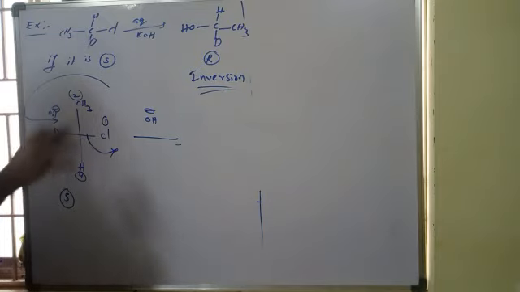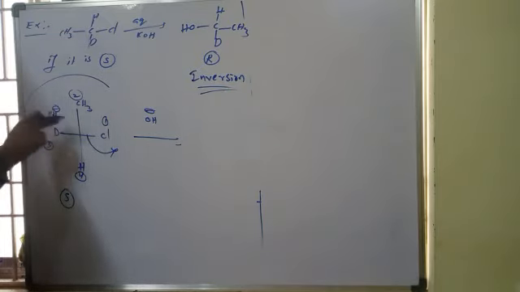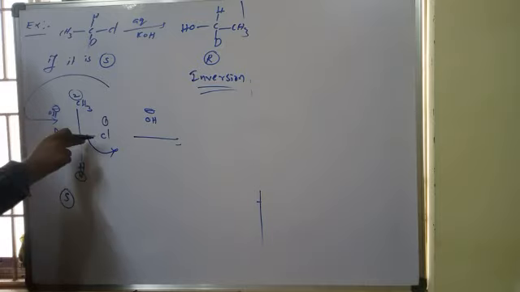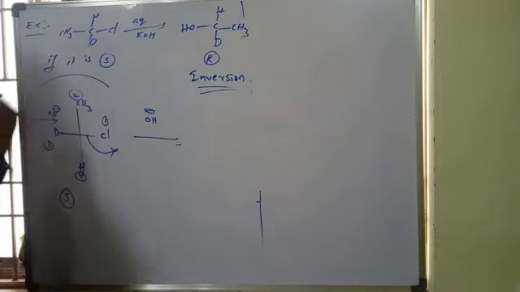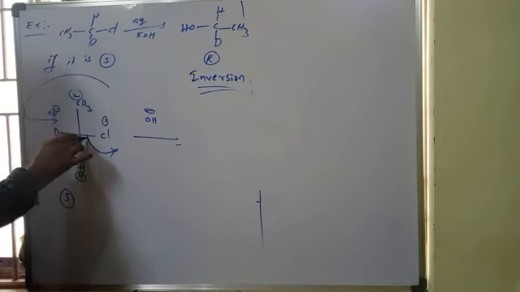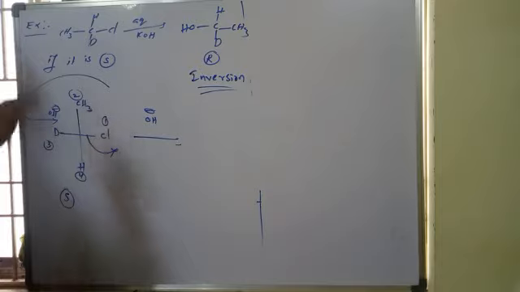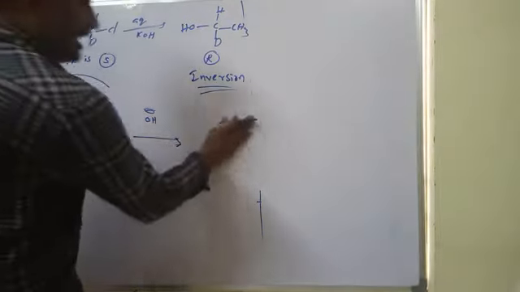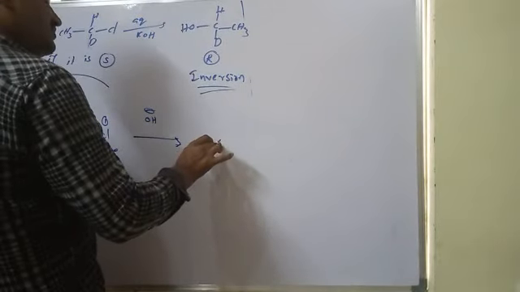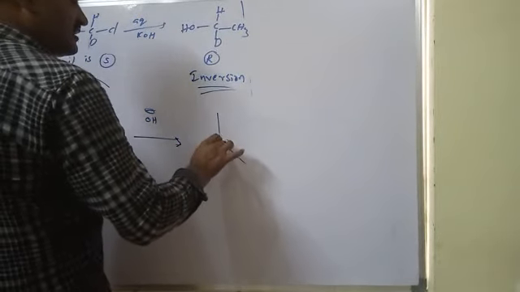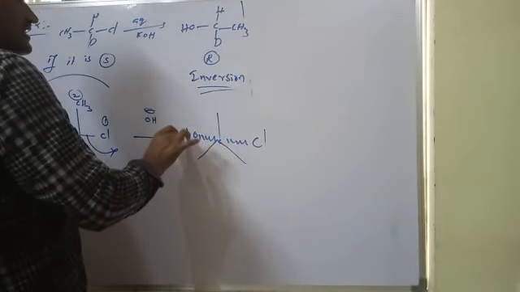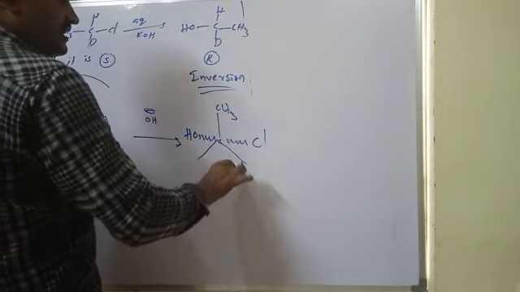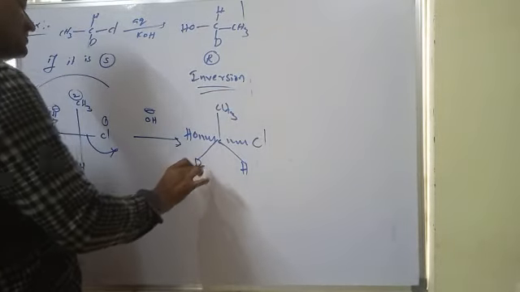But in the case of SN1, these groups are bulky, so OH will not attack from the back side. After elimination of chlorine, only then does OH attack in the case of SN1. But in the case of SN2, chlorine elimination and OH attack take place simultaneously. That's why an imaginary transition state is formed, from chlorine breaking and OH attacking, along with CH3, H and deuterium.